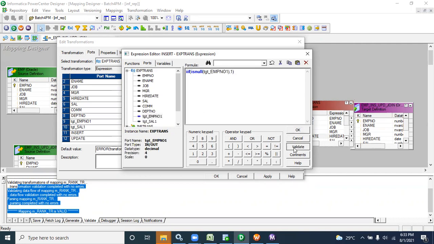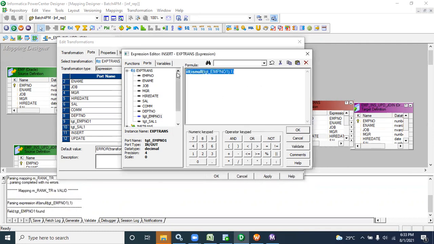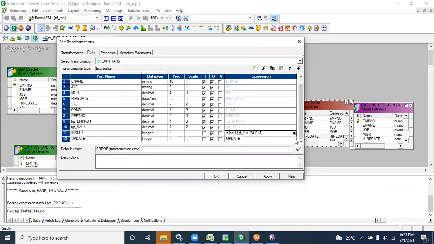That means for the employee whose target employee number is null, the employee is newly joined from the source side but the record is not available in the target, so this record is going to be inserted. Is null means that employee number is not existing in the target.